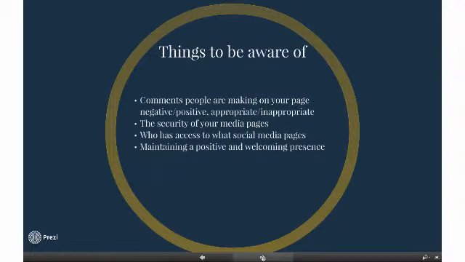Some things to be aware of are what people are posting or commenting on your pages. If people are posting negative comments, you need to be sure to address them and do your best to save face before too many people begin to receive a bad impression. This is also important because if certain people are posting comments that would be considered offensive or inappropriate, you'll want to know immediately to take them down and address the problem appropriately. The last thing you want is for people to associate your business with anything vulgar or rude. It is very important to maintain a positive and welcoming presence across all your platforms.